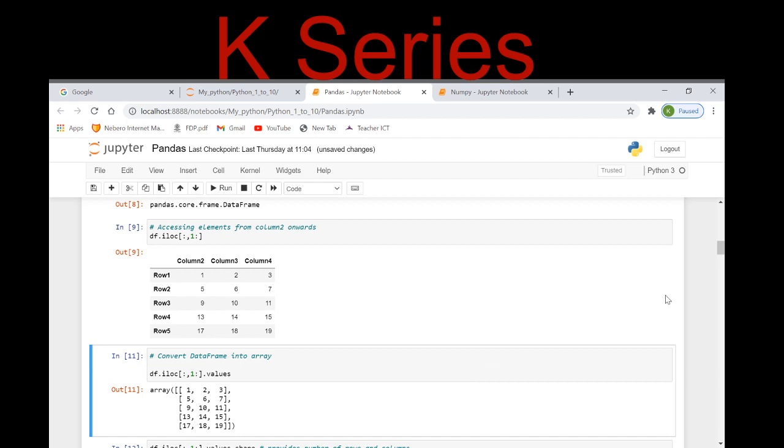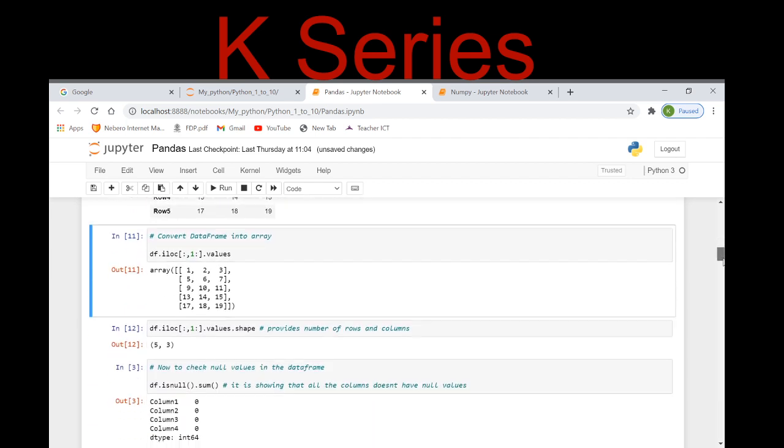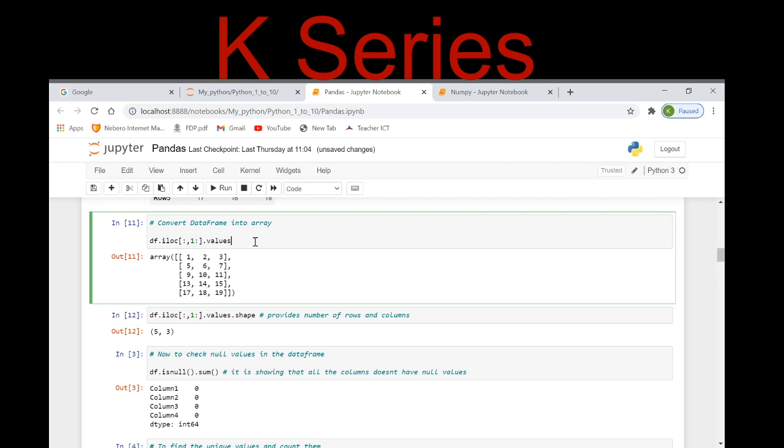Now converting a data frame into an array. My next exercise is to convert a data frame into an array. Now here I have taken my data frame, and I want to create it as an array. So I need to give the function dot values. It will print all the rows from the column 1 index onwards. So if I use dot values, then it is giving me the data frame in the form of an array,